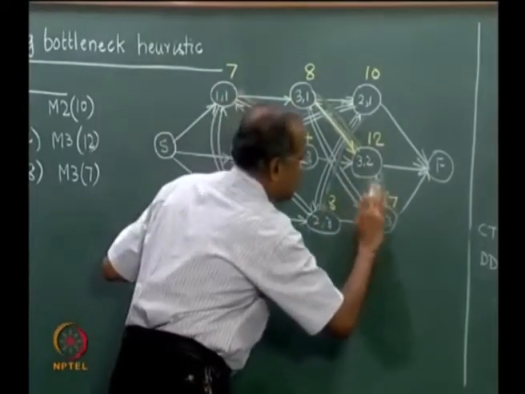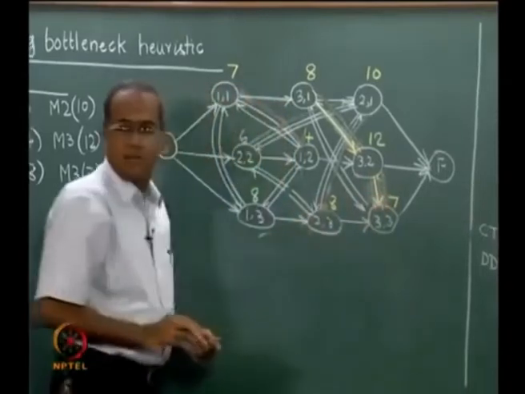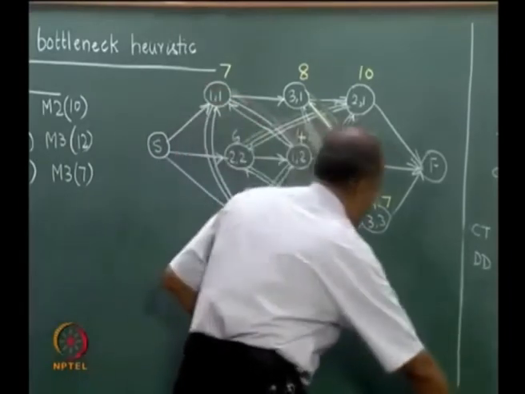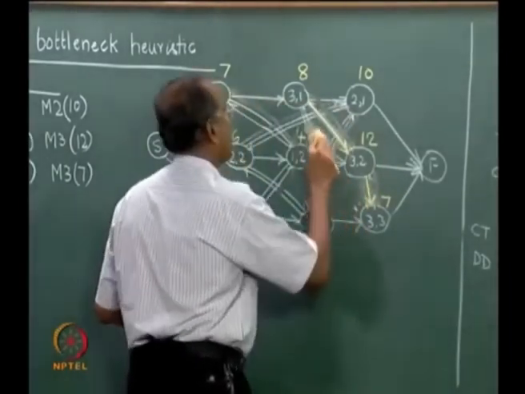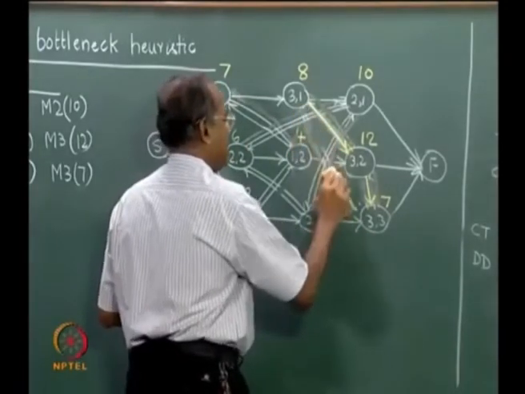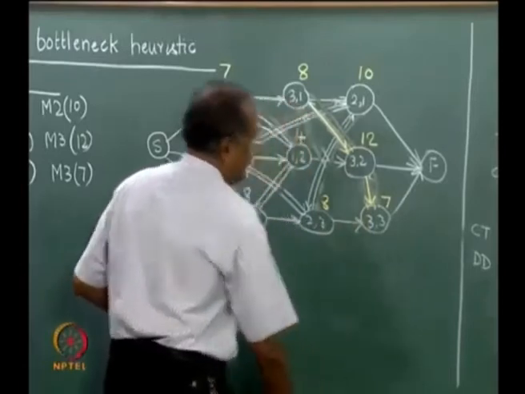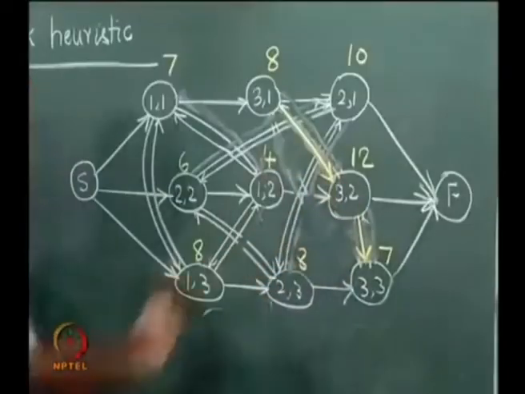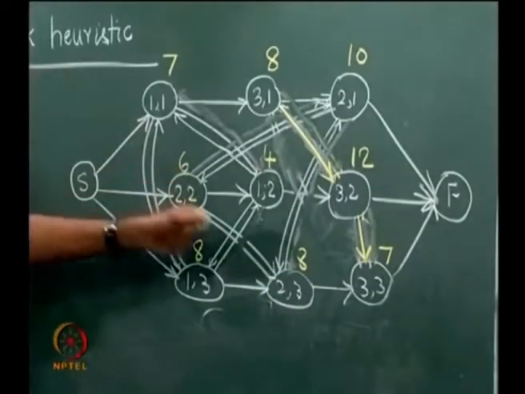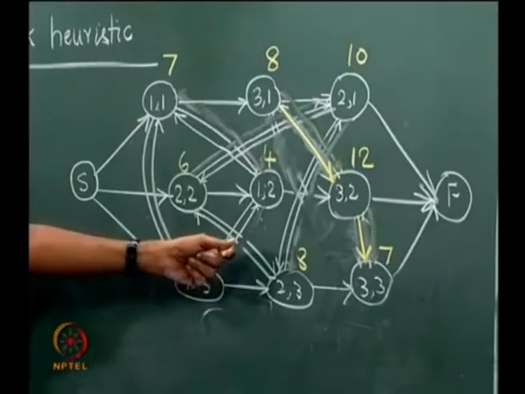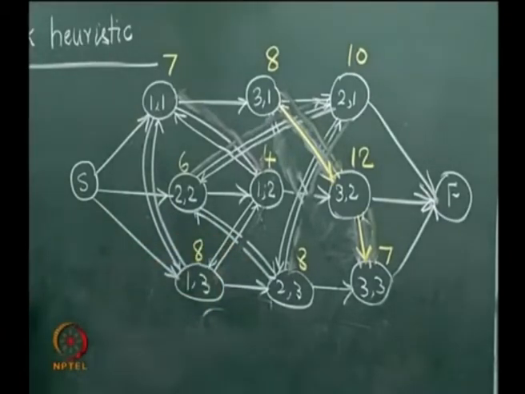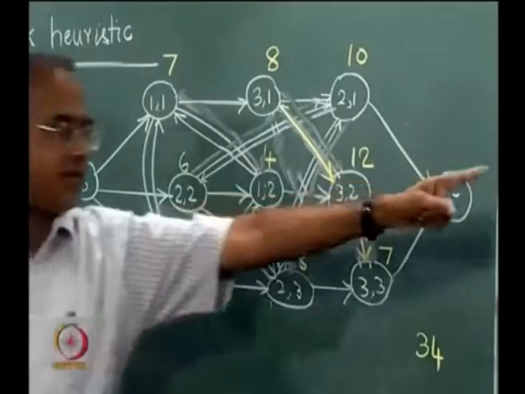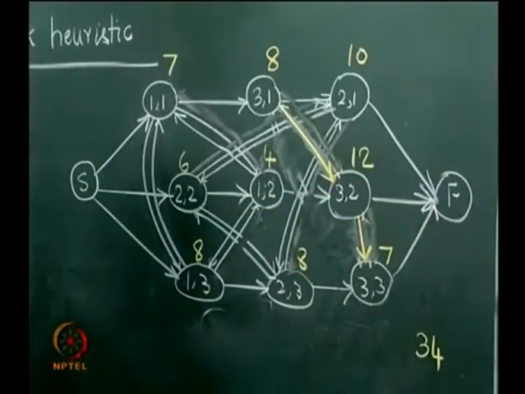We replace these 2 arcs with one arc here, and then we leave out these 2 arcs because they are not used at all. So, now we have identified for M3 the correct set of arcs. If we now find the longest path on this network, it would be 27 plus 7, which is 34, because the 7 will be added to the longest path on this network.